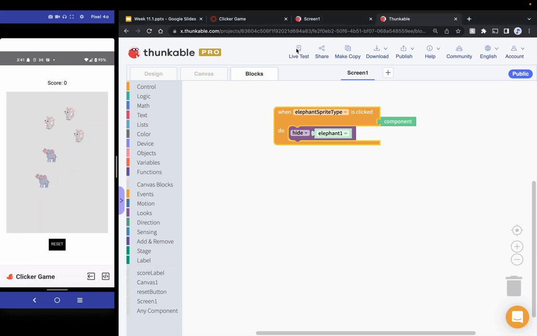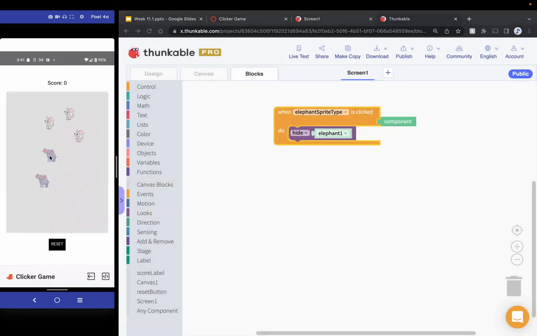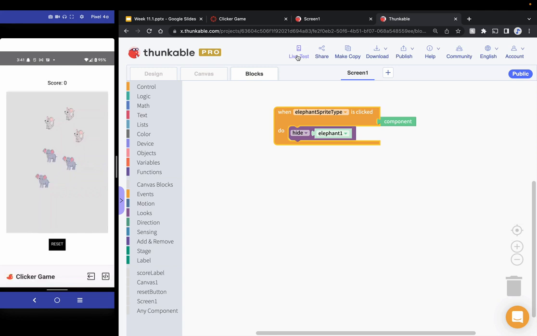Actually, that happened to work out when I clicked on elephant 1. But it doesn't matter which sprite I click on. So if I click on this elephant, it'll always make elephant 1 disappear, which is not what I want to happen, right? What I want to happen instead is I want the sprite that I clicked on to disappear, that particular elephant sprite. So the way I can know which individual sprite I clicked on is with this green component block. The green component block will tell us which